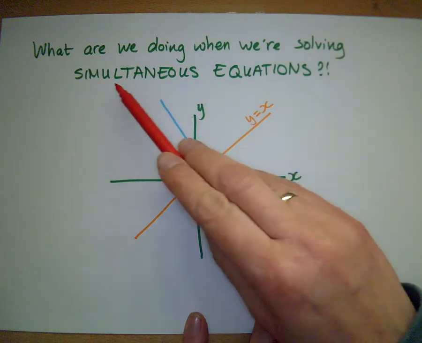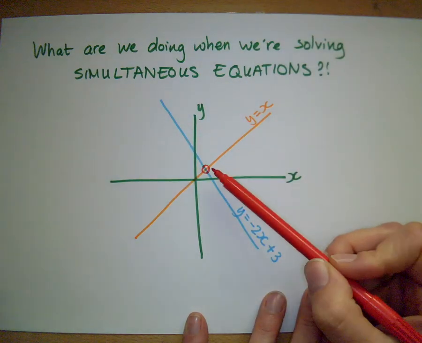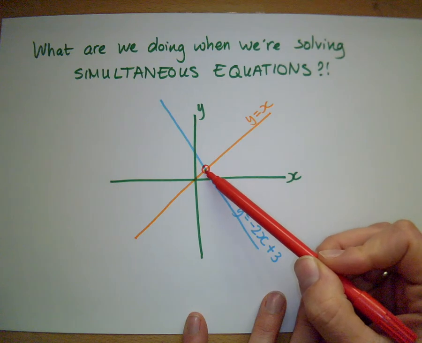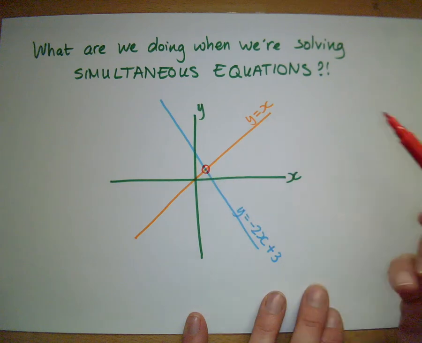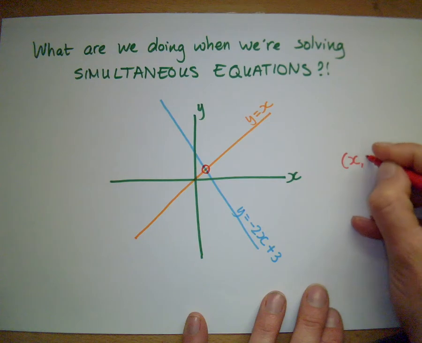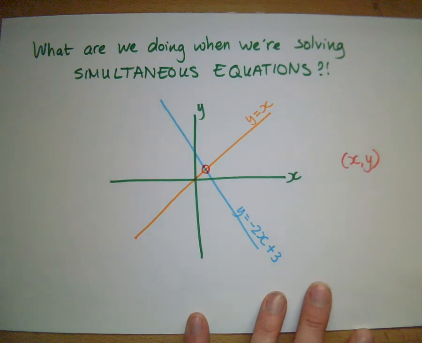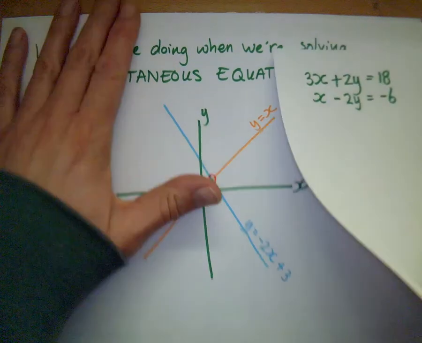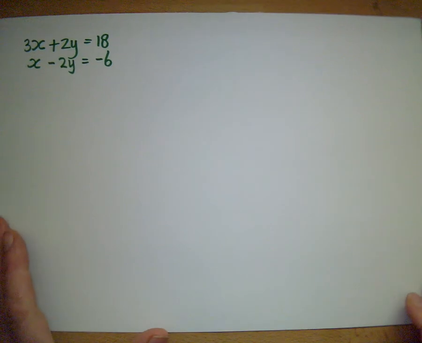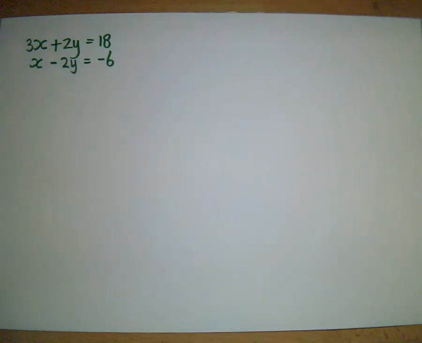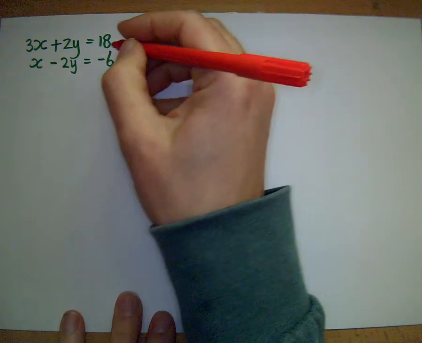When we solve simultaneous equations, we're looking for that one point where the lines meet. And that's why we always find an x and a y value. We're actually finding the coordinates. You've looked at a situation like this before. These are two equations. They could be plotted as two separate lines. Where do they meet? What we've done before, which we call elimination,